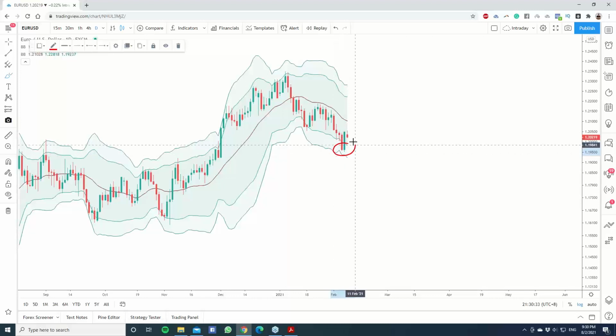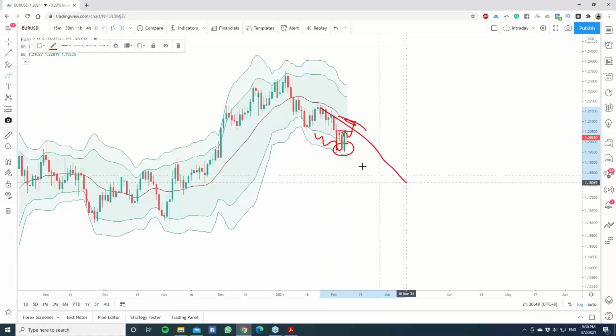We are out of this. It broke out, and we are in the outer band. And then the next candle closed back in. So what can possibly happen is you can look to trade back to the middle line. And of course, if this starts to go down, then that's where you have a downtrend. Then you wouldn't want to trade the bounce anymore, because the bounce is only for a range environment,